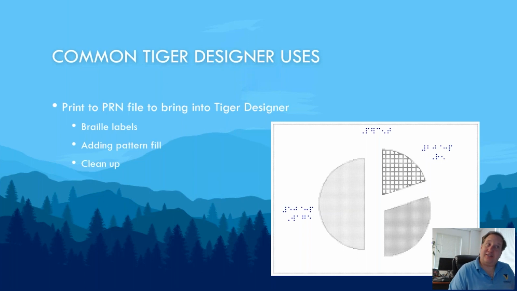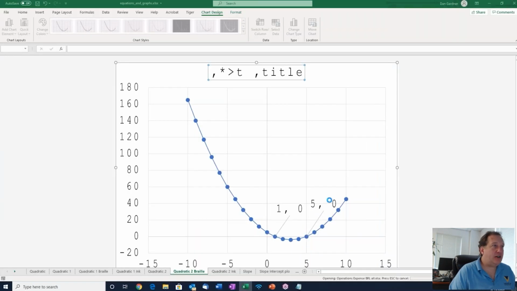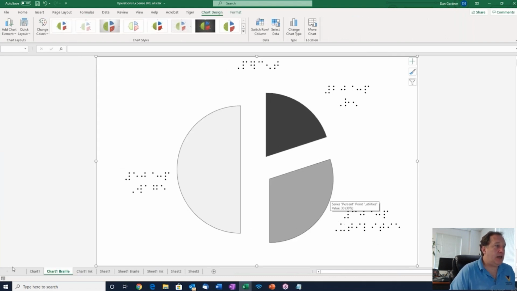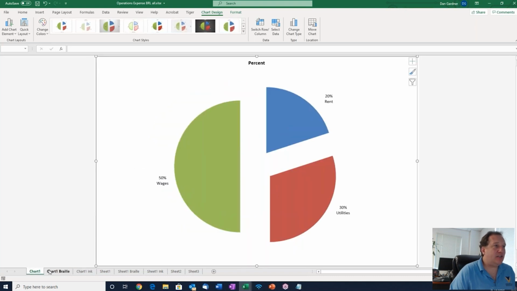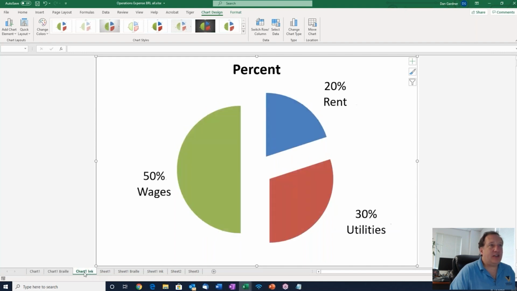So again, coming back, this is sort of another Excel example, but it's a good example of a common use of Tiger Designer as a fix-up tool. So if I have my pie chart example, and I have my Braille and ink sheets, this is a prettier looking one because it's got some color for a spot dot here. Or in this case, I think I laid it out for both the spot dot or the InkConnect. But if you notice on the braille,